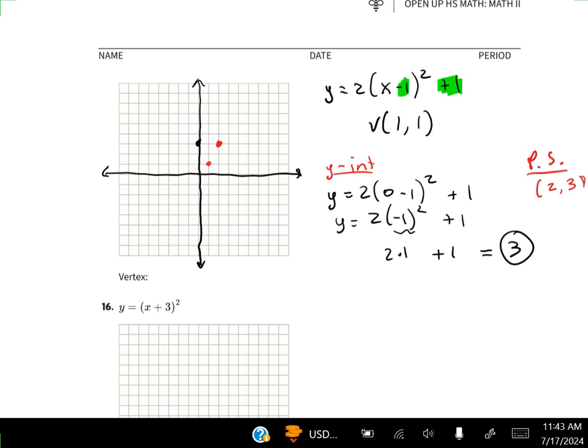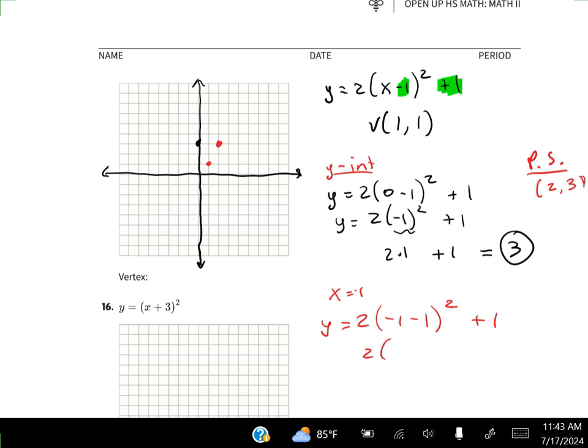All right, we can similarly find 2 more points the same way we did with the other one. Let's find x equals negative 1, and you can choose any point you want. I'm choosing x equals negative 1 because it's close to the other points. So we're going to plug it in. y equals 2 times (negative 1 minus 1)